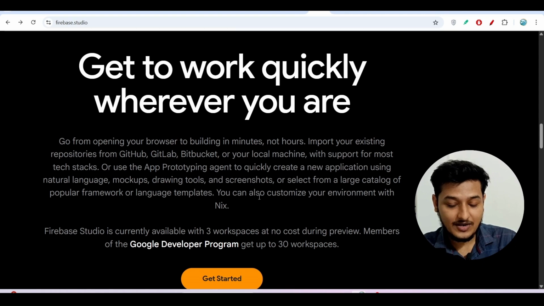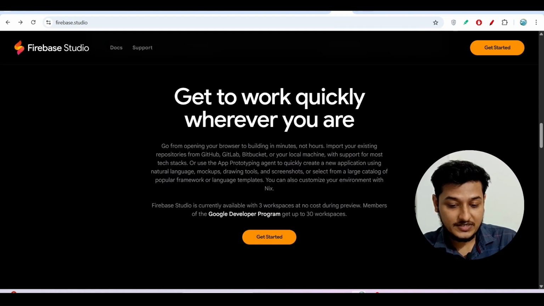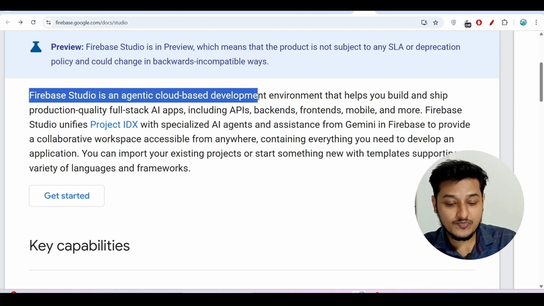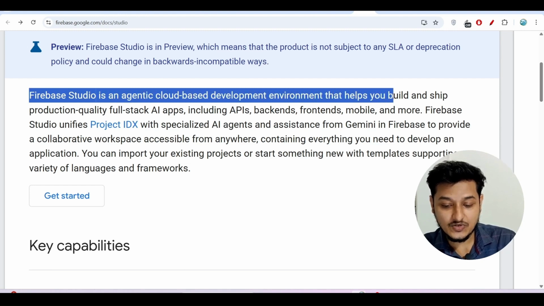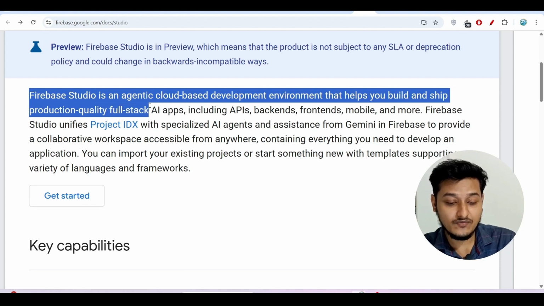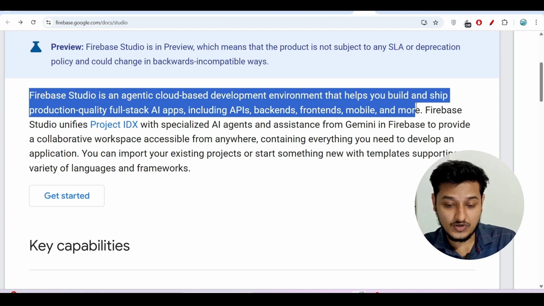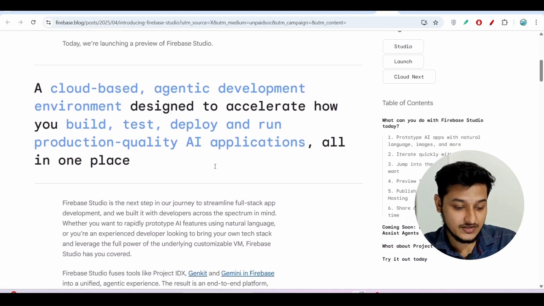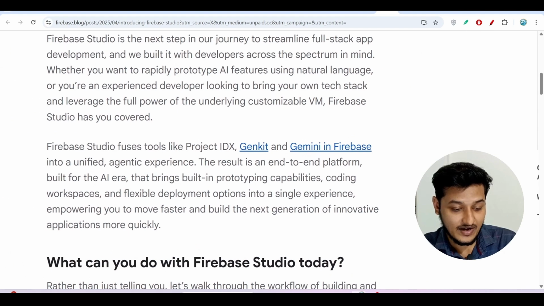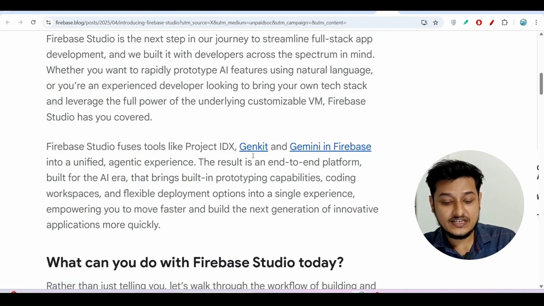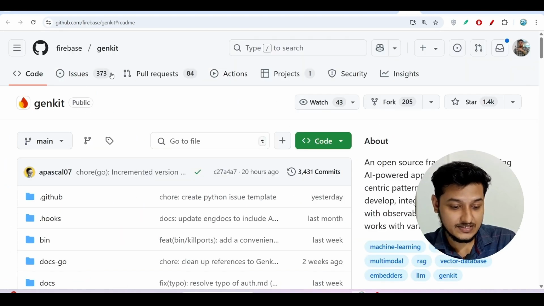Okay, now another thing is that if I show you the technology that they have used, here you see Firebase Studio is an agentic cloud-based development environment that helps you build and ship production quality full stack AI apps, including APIs, backends, frontend, mobile, and more. And the technology that they have used, here you see Firebase Studio fuses tools like Project IDX, Genkit, and Gemini in Firebase. Okay, so Genkit, if I show you the repositories, so they have used this Genkit to make